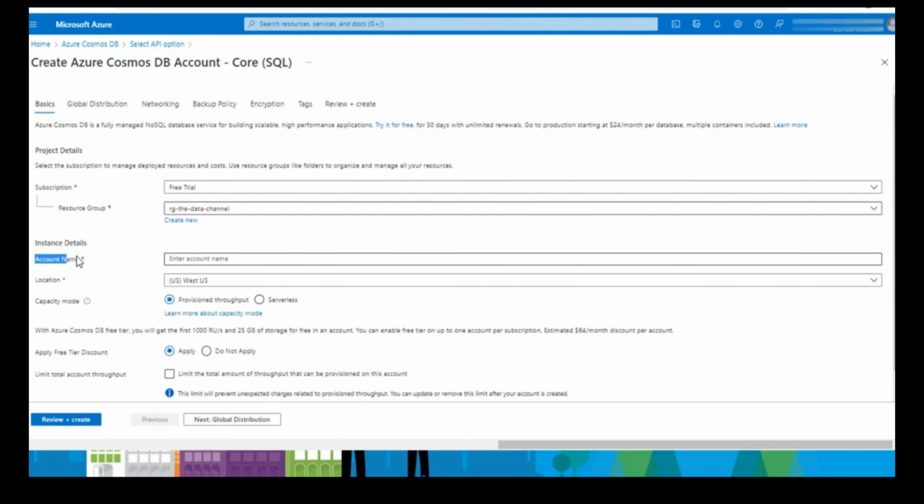Coming to the account name, you are not directly creating a Cosmos DB here. You are actually creating the account. Inside the account, you will provision the database, and then inside the database you can create containers. So here you are just giving the account name, which should be unique across the globe. I'm just trying to give the